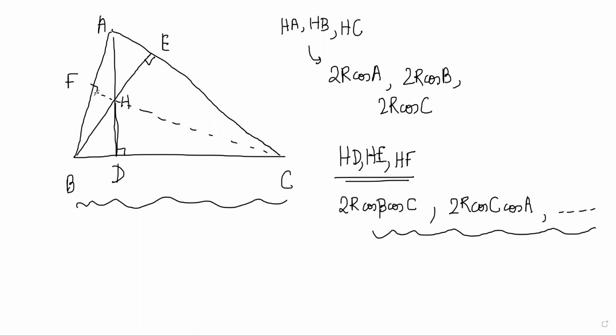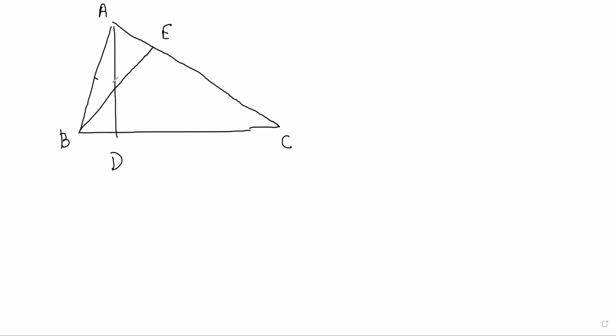So now what is the point of doing all this? The point of doing all this is now we'll look at some very interesting proofs. So for example, in this orthocenter figure, A, B, C, this is D, this is E, this is F. These are all altitudes, and this is my H point, right? Now, can you look at this figure and tell me if you can spot any cyclic quadrilaterals here?